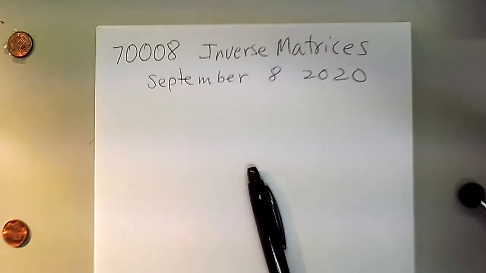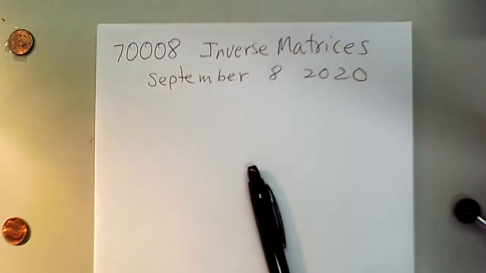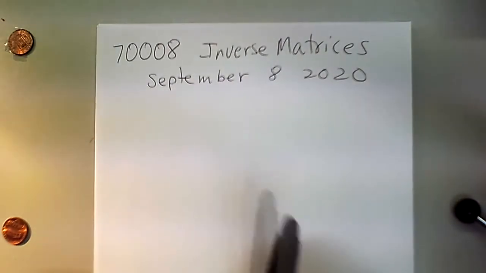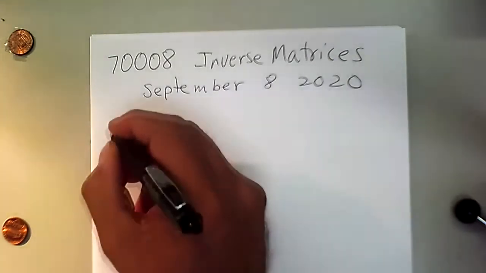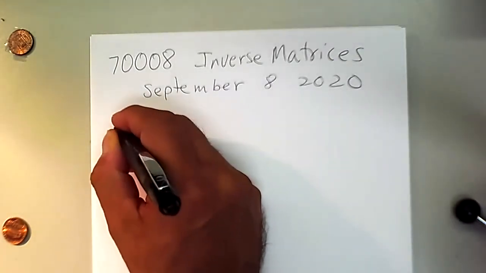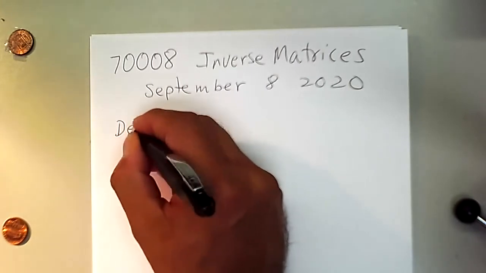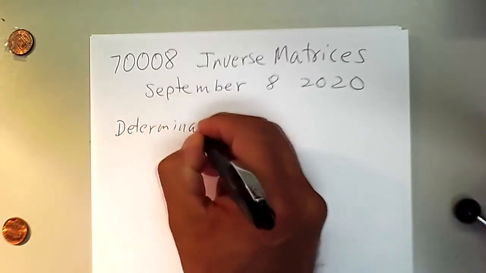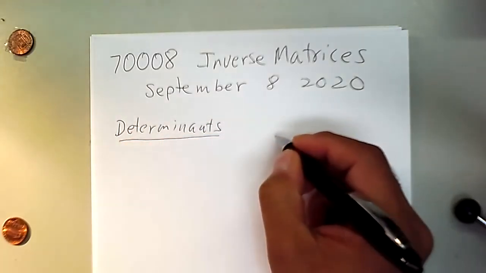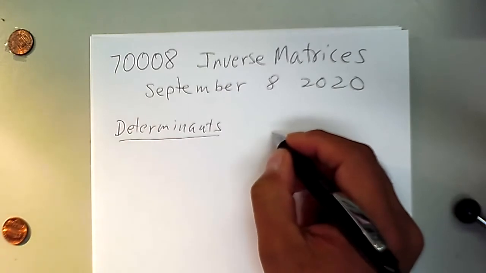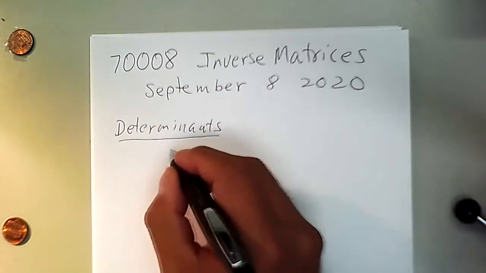When dealing with inverse matrices, invariably, at some point or another, we have to talk a little bit about determinants. I explained how to find 2x2 determinants and 3x3 determinants in a different video, so I want to tell you where to find it. To find how to find 2x2 determinants or 3x3 determinants, you can go to the video